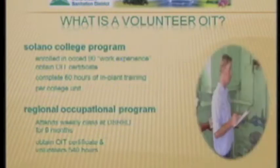As you're volunteering at a plant, one of the requirements we have, and I would encourage any plant that takes in a volunteer OIT, is to have them obtain the OIT certificate. Yes, it's money out of their pocket, but it validates every hour of training they're at a plant. So even if they don't get hired within the semester or the 9 months, they have accumulated the training hours